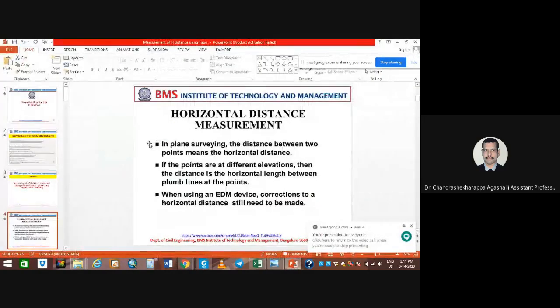Okay. So what is the distance measurement? There are different types. One is you can use the basic tool, that's your tape. By using the tape, you can measure the horizontal distance. By using the chain, you can also do horizontal distance measurement. And another one, for those who don't have a tape or a chain, they can pace it out, counting how many steps they walk. So for example, if from point A to point B it is 20 steps,